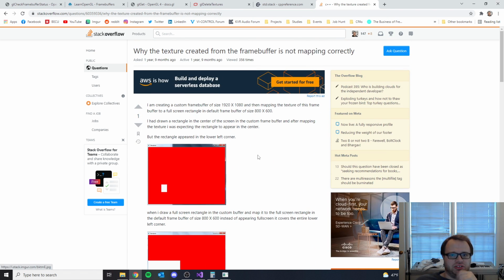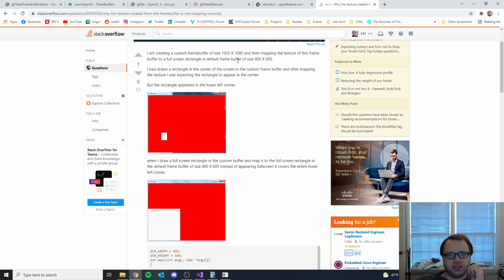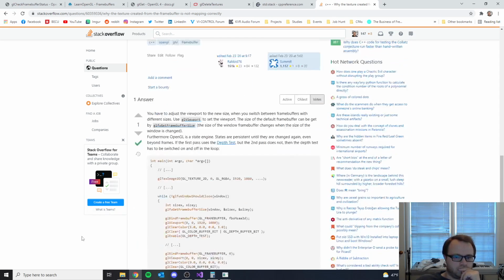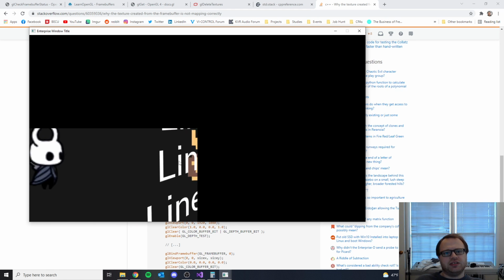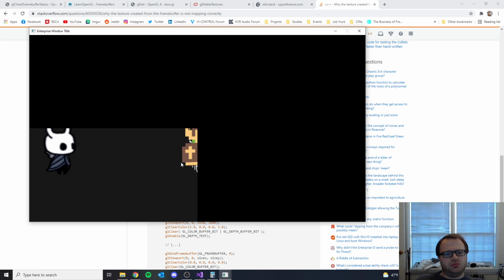Yeah, so here's somebody else that looks like he's got a similar thing. Creating a custom frame buffer of 1920 by 1080, then mapping the texture of this frame to blah, blah, blah. You have to adjust the viewports to the new size when you switch between frame buffers with different sizes. Okay, yeah, so that's just a thing that I overlooked and I didn't realize was a thing. So when you go to change to another frame buffer, it's not automatically going to associate